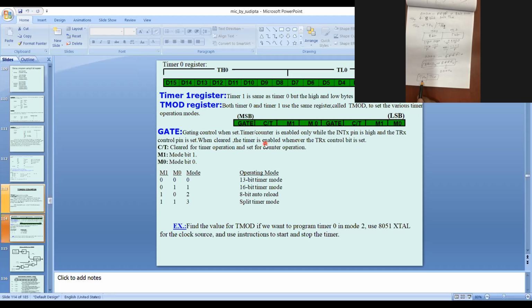After FFFF, THX and TLX become 0000H. So if you require, you will change it again from 0000 to ABCD. Is it clear? Yes, sir.